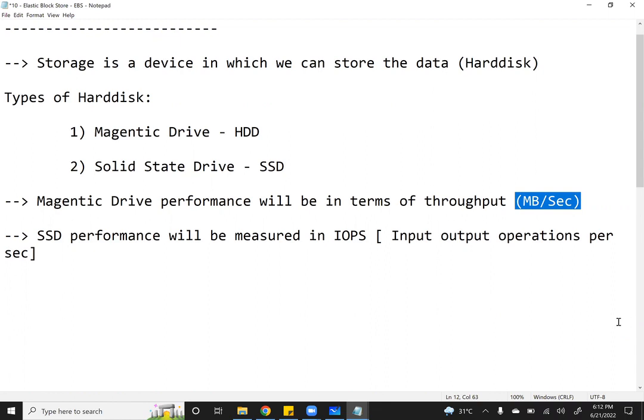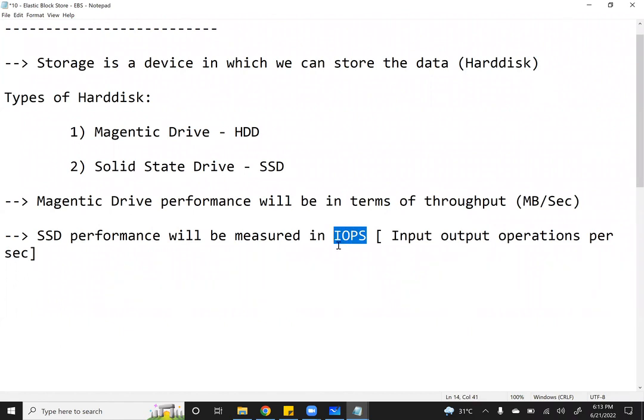Let us say if you are using a normal hard disk, which cannot support 10,000 write operations per second, then what will happen? The database performance will be very, very slow. The data will be in queue. It will take a lot of time to write the data. So in such kind of requirements, we have to consider the database which will give you more input and output